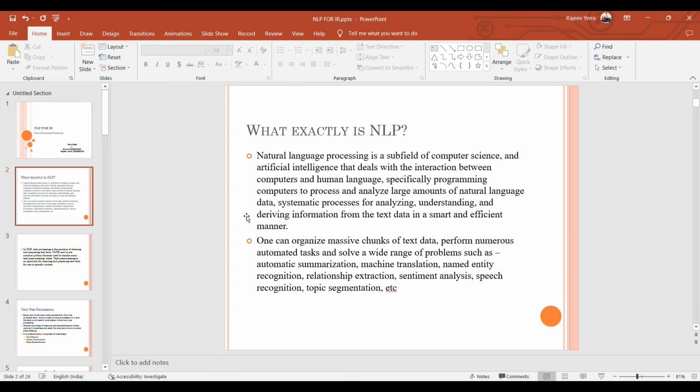One can organize massive chunks of data, perform numerous automatic tasks, and solve a wide range of problems such as automatic summarization, machine translation, named entity recognition, relationship extraction, sentiment analysis, speech recognition, text segmentation, etc.